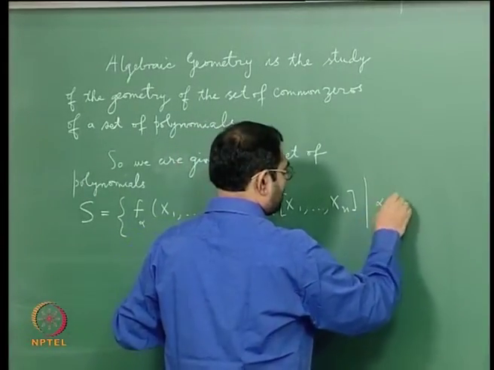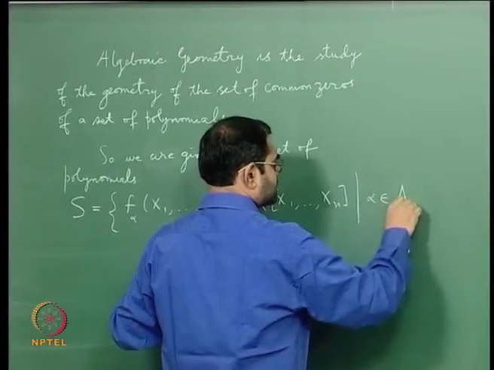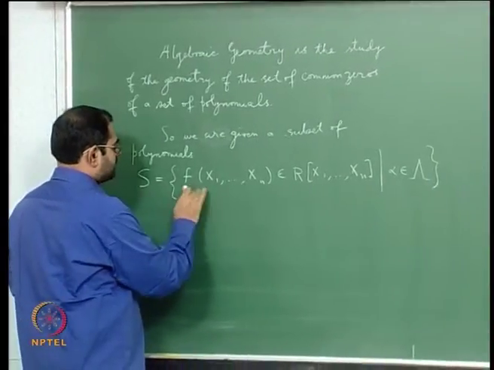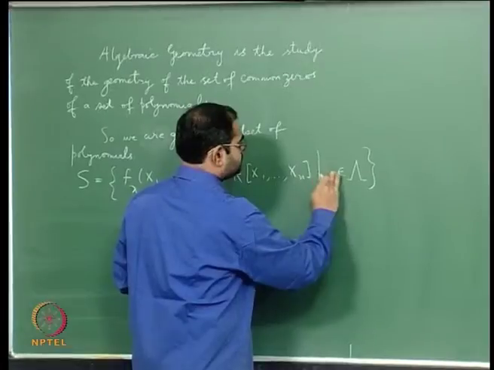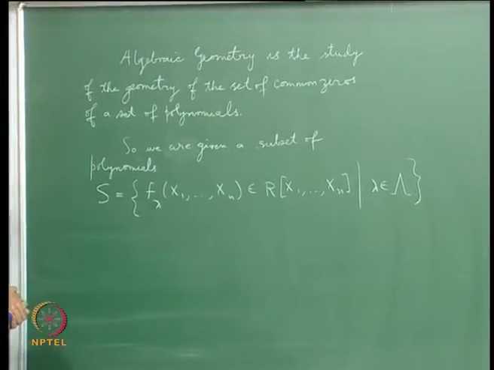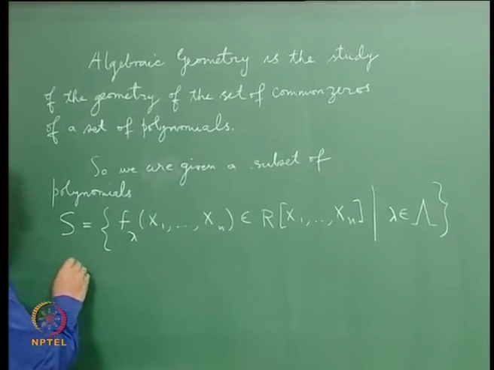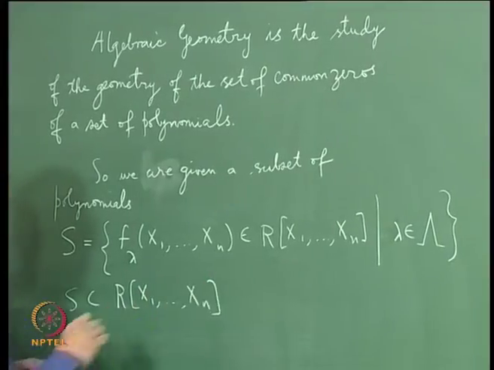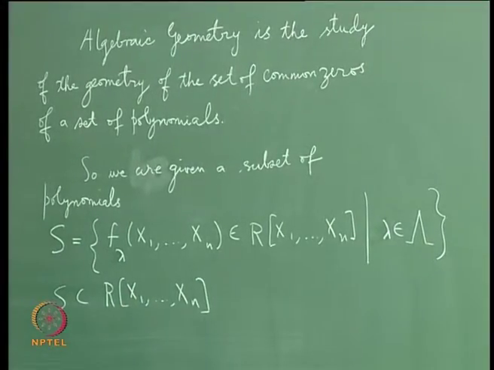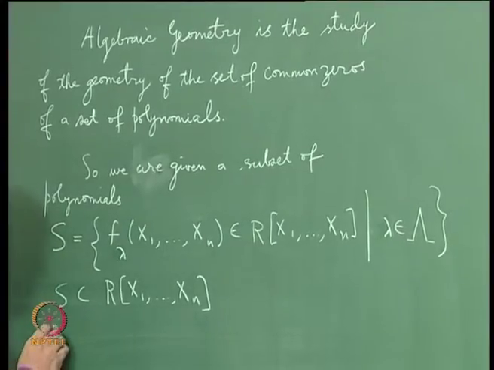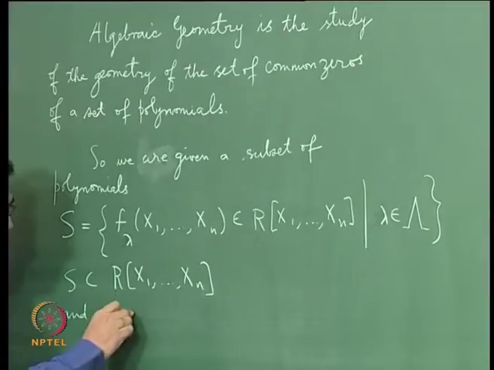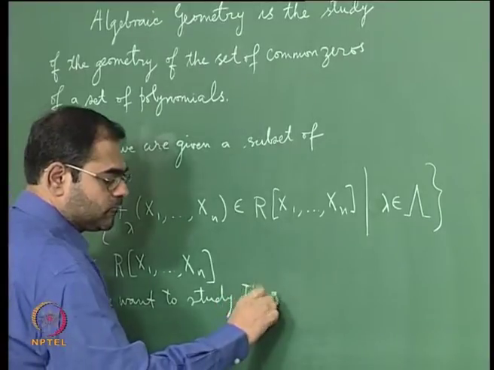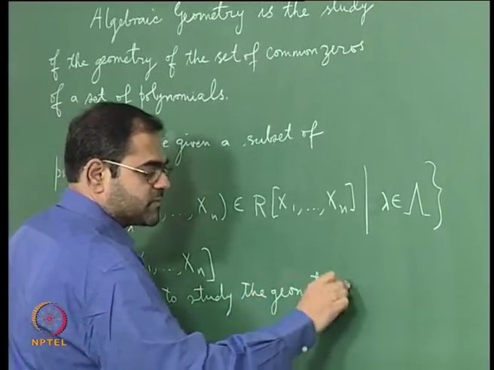So alpha is some indexing set, let me put it as capital lambda if you want, in which case I can rather change the index to small lambda for more coherence. So this S is a subset of the ring of polynomials in n variables over R, and we want to study the geometry of the subset